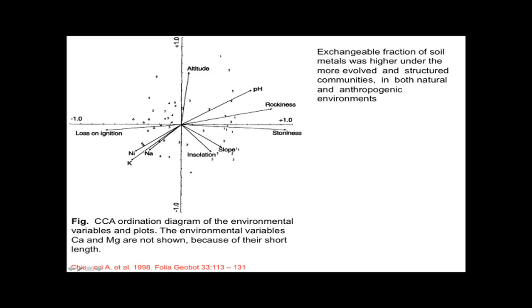His major conclusion about the main factor of the serpentine problem is that he noticed that the exchangeable fraction of soil metals was higher under more evolved and structured communities, communities with higher biomass, in both natural and anthropogenic